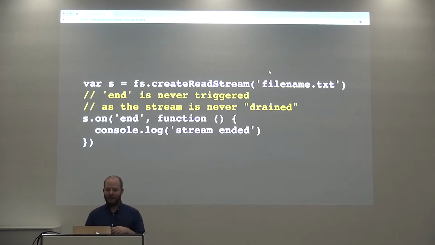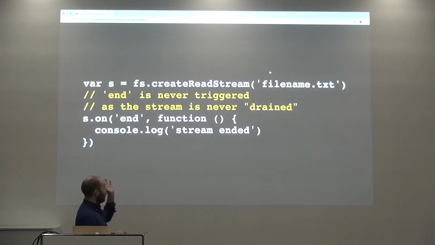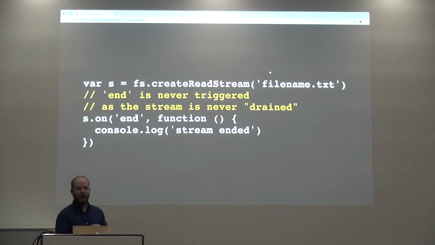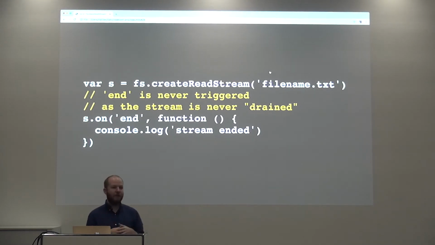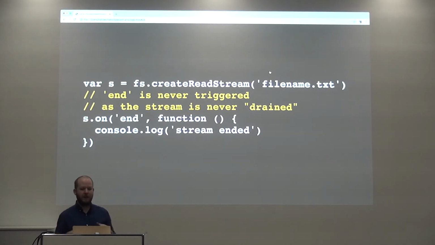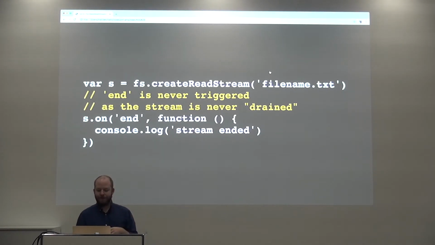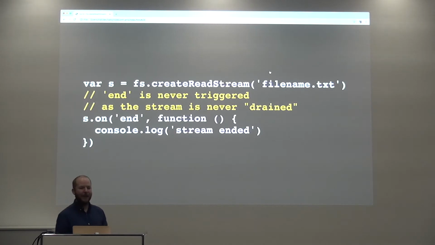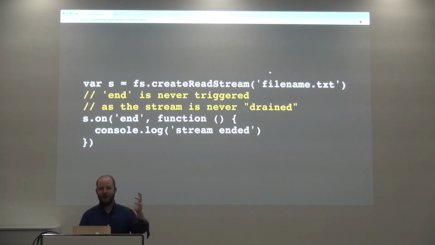Basically, this code will never run. When you run this, nothing happens, because nowhere in this code are we draining the stream. When you just make a stream, it's not going to do anything. It's not going to end ever. You can wait a million years, it's not going to end. This is probably the number one issue I get on GitHub, people saying, I found a bug in your stuff, it didn't emit end. I'm like, it's not a bug. And we go over this all the time, but it's just very, very confusing.